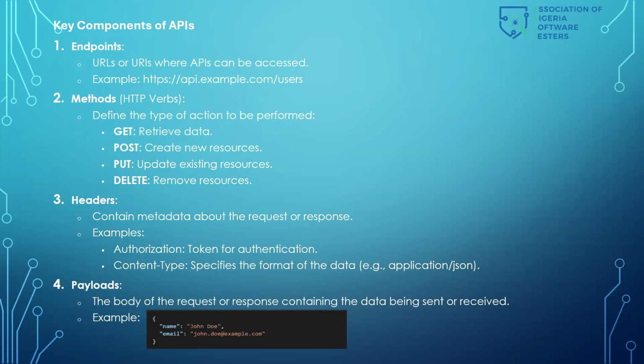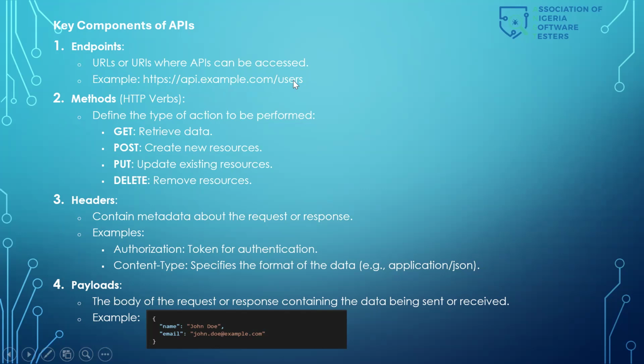meaning that if we have, let's say for a logistics application, a login, the trucks or car type or something. Now those endpoints are stored somewhere. You can access them. There's a way you keep them. There's a URL you have to call to access those endpoints, right? So that URL is what we call endpoints. We use this example here to say